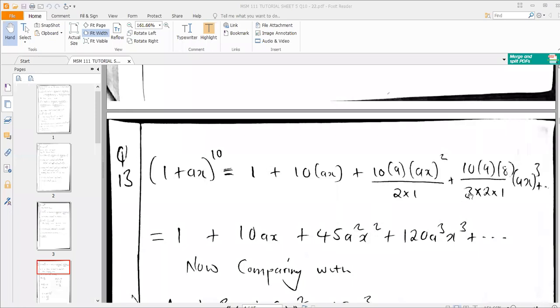Plus the 3 here, which is 3 factorial. 3 factorial can be written as 3 times 2 times 1. So here we have